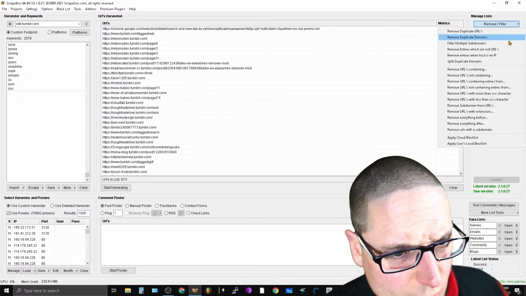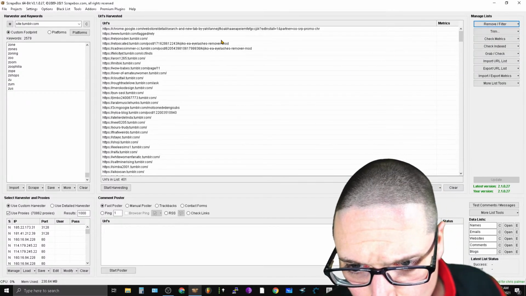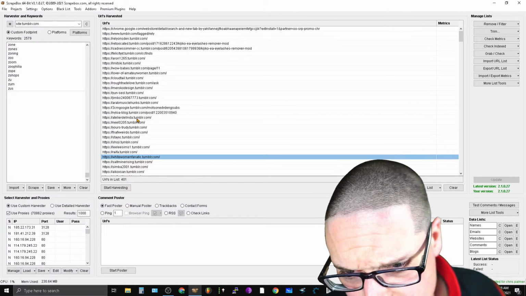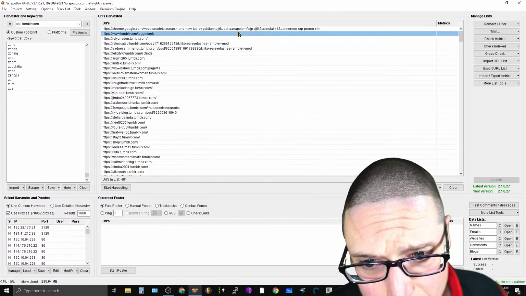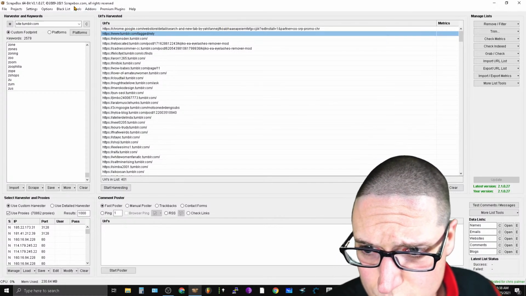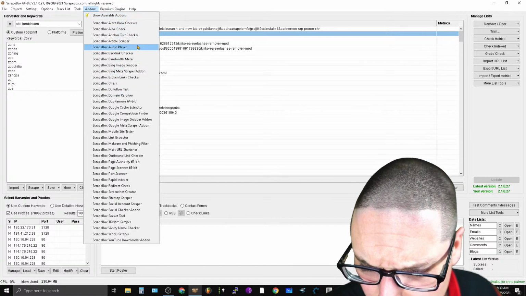All right, so remove duplicate domains. Once you remove your duplicate domains, there's probably some nonsense inside of here. I would venture to guess. I would guarantee it, actually. So what we're going to do next is we're going to go to Tools, Add-ons, and I believe the order of process is,